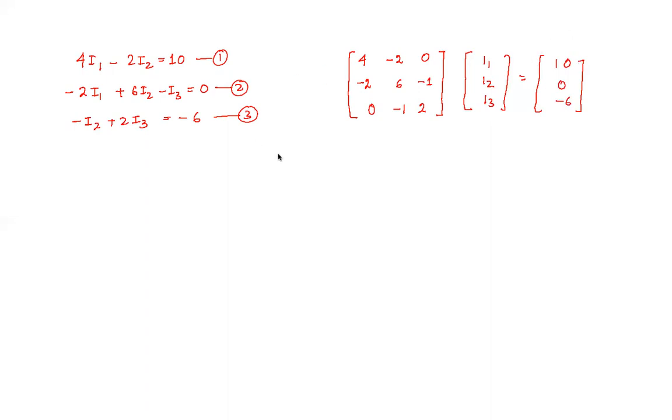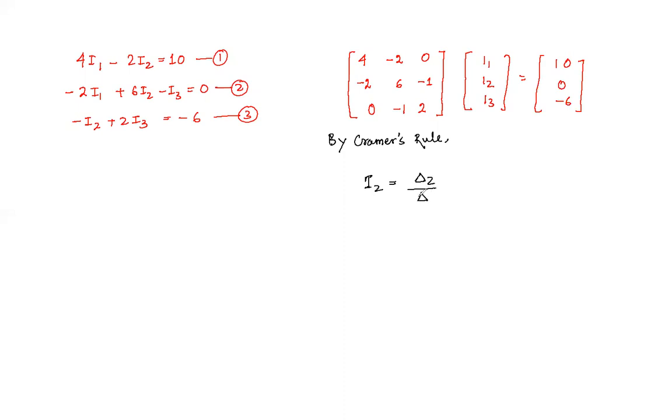matrix. Now we are going to use Cramer's rule. This rule is called Cramer's rule. When you go into engineering, you will use it. By Cramer's rule, we have to find I2, because that was my question. You can as well find I1 and I3 and compare the result. Del 2 divided by del.